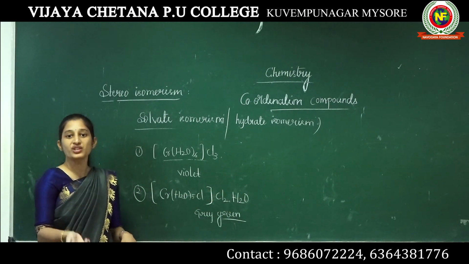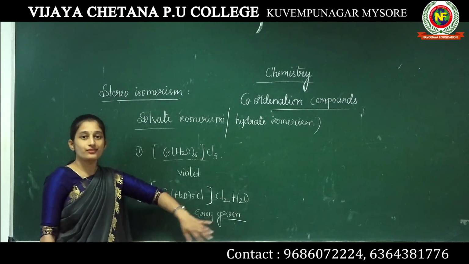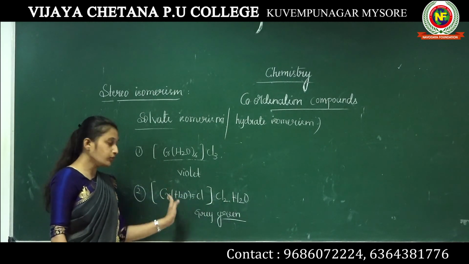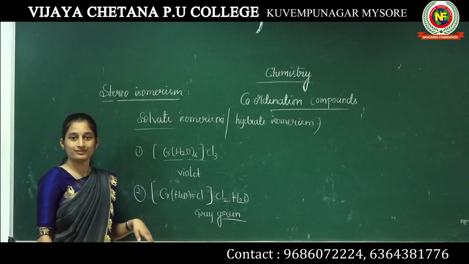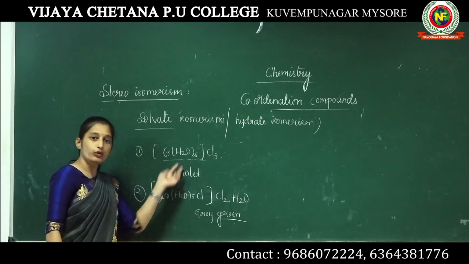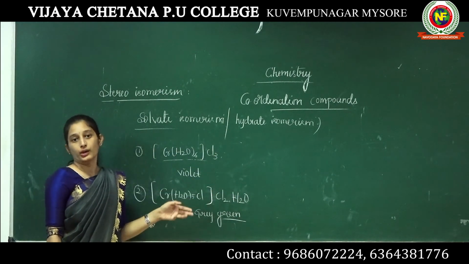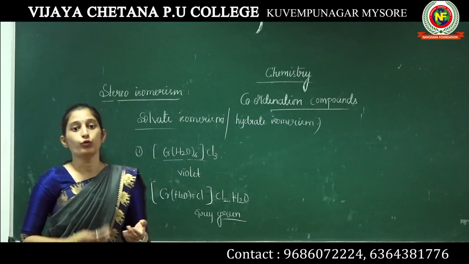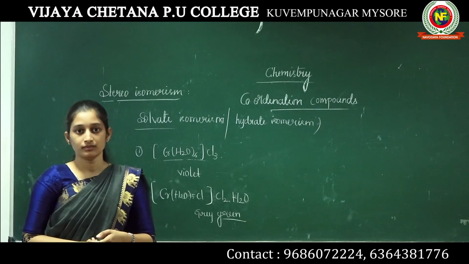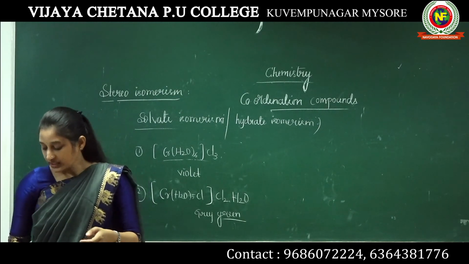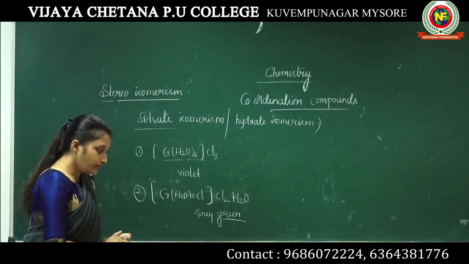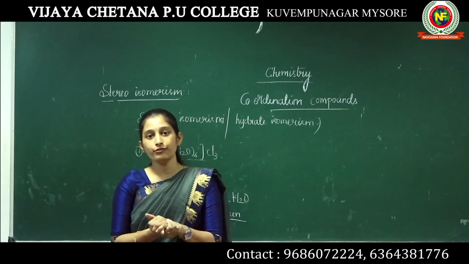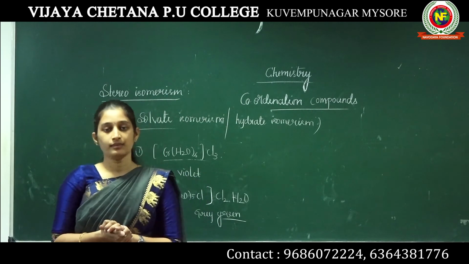Then the color changes. Once again, one more Cl will come inside, one more water molecule will go out. Then we can observe the color difference: violet, grey, green, blue. This indicates that isomers can be easily identified through colors,